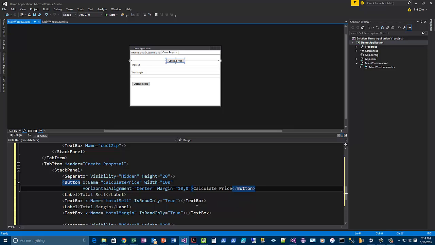There's 2 ways to add code. There's multiple ways to add code, but there's 2 that I primarily work with. So I'm going to show you that in just